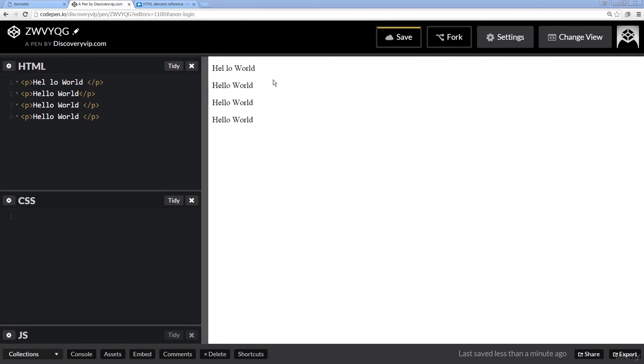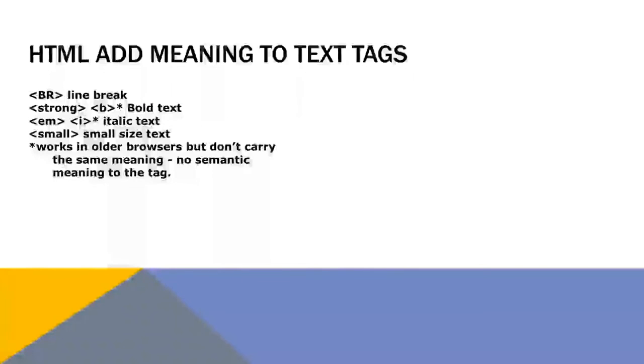So right now we've just presented straight text, and with HTML you do have the ability to add some additional meaning to these text tags. So I'm going to show you that in the upcoming lesson. When we're working with HTML,